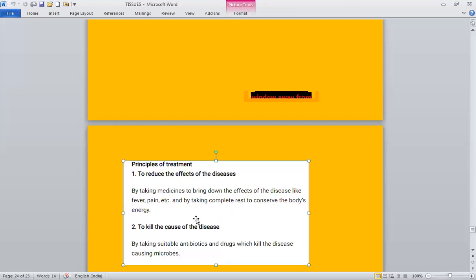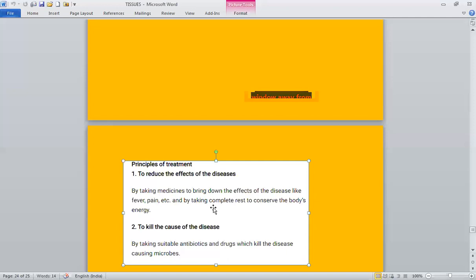You see, the symptoms of the disease such as pain and fever are mainly because of inflammation. What is inflammation? A process carried out by the immune system to stop or kill the microbes. So these symptoms can be reduced, or we can minimize them by taking some medicine. Other symptoms, cough, sneezing, loose motions can also be reduced by taking some medicine, or we can take complete rest.